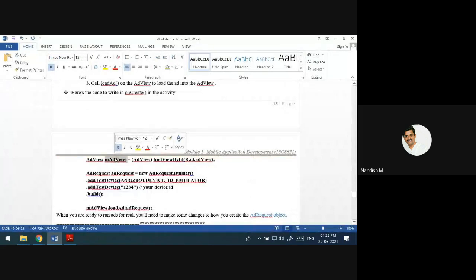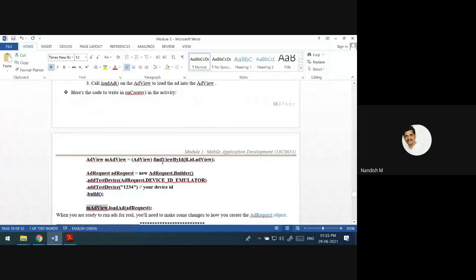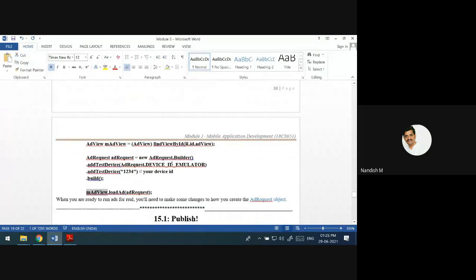This is the access to that box. This is one advertisement request. Then this advertisement request gets loaded inside this ad view, and you will see the ad in testing mode. In real time, you don't know which ad is going to come. If you want, you can make any changes inside this ad request itself. This is how we are going to test how an advertised ad will come inside your layout.